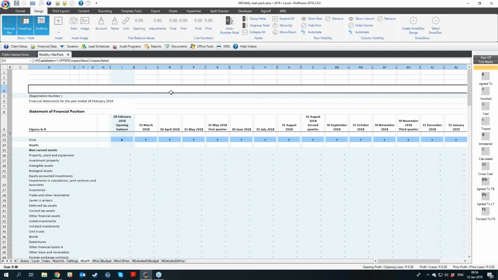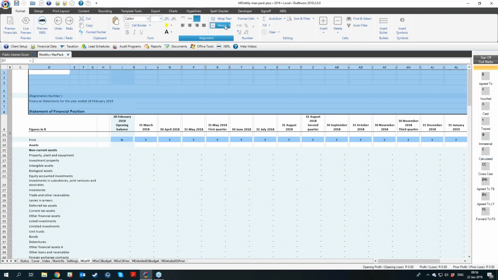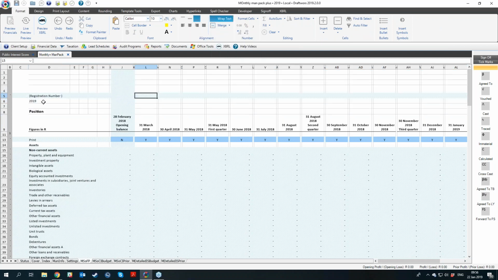It will only add in a column, so it doesn't mess with any other work, if that column doesn't intersect anything that's merged. So simply to unmerge, go to a range that's merged, just go merge, unmerge, and it's always just going to be the heading in our management accounts, and you really now have a full